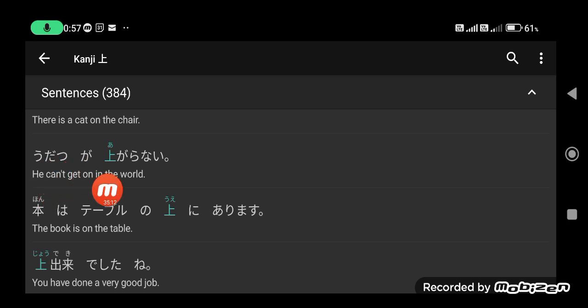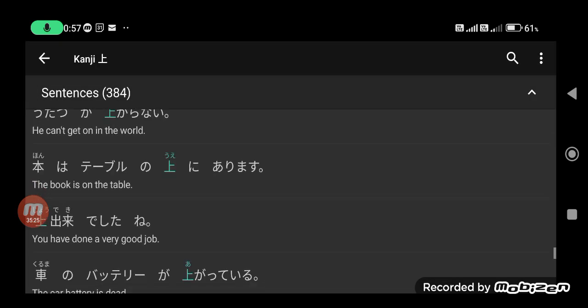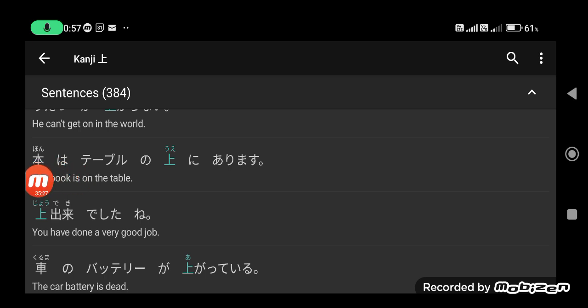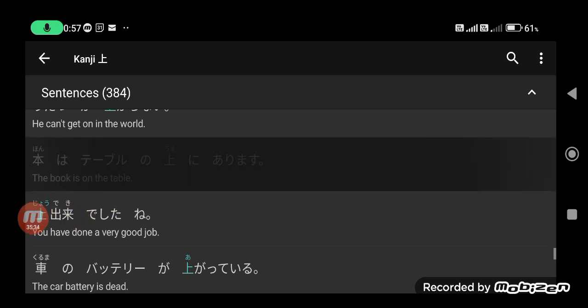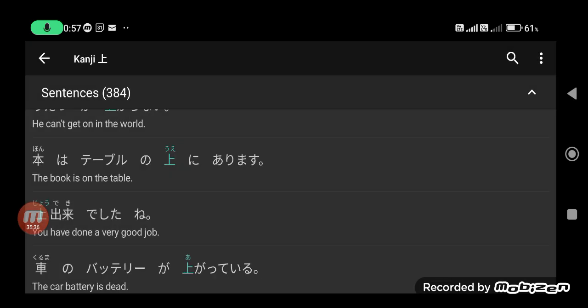Udatsu ga agaranai. You can't get ahead in the world. うだつが上がらない。 The book is on the table. Book is hon. Hon wa table no ue ni arimasu. 本はテーブルの上にあります。